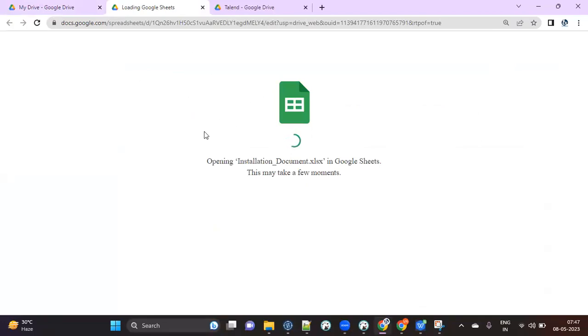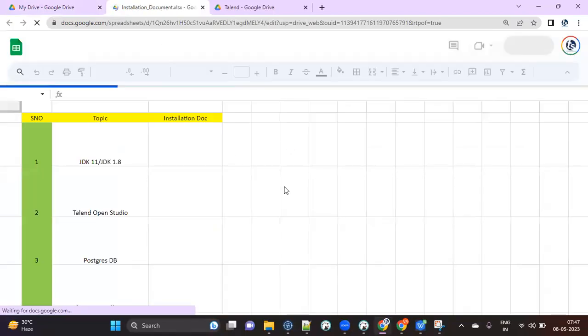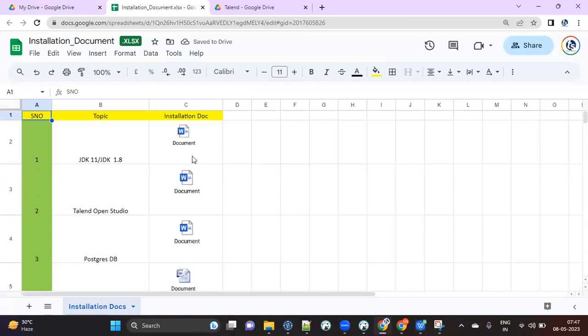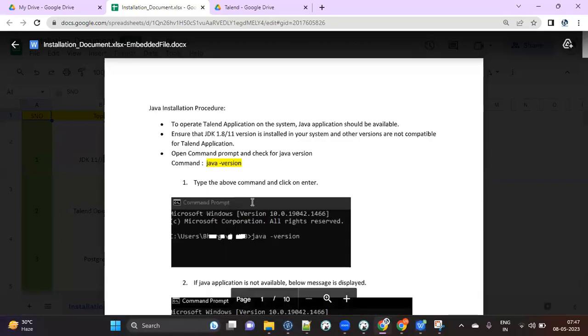So that file will open on your browser directly, not on your local. Okay. And once you open that, it will have those links. And if you double click, it will open up a document. Okay. So it is going to work very, very fine on your drive. Just open this file on your drive, and then you will be able to